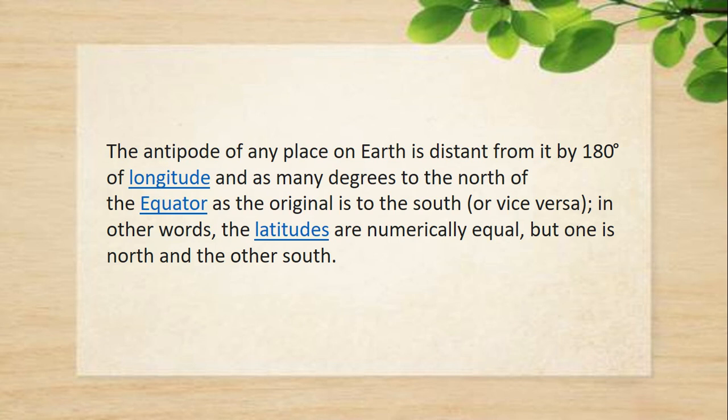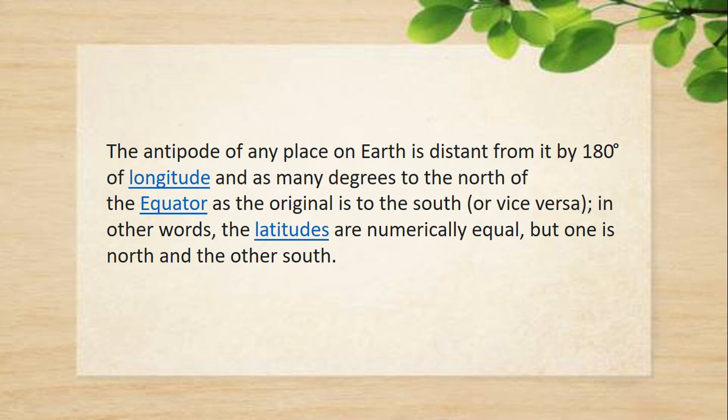Follow. The antipode of any place on earth is distant from it by 180 degrees of longitude and as many degrees to the north of the equator as the original is to the south. In other words, the latitudes are numerically equal, but one is north and the other is south. That means, if one region's latitude stands at 70 degrees north, its antipode's latitude will be at